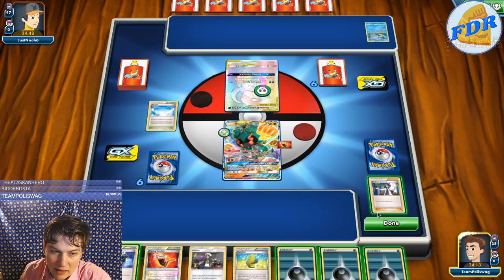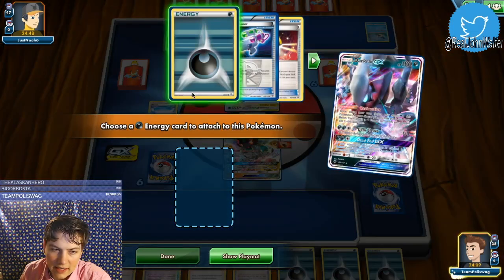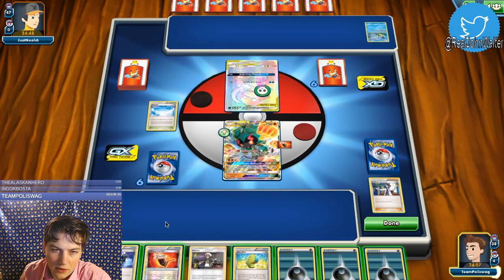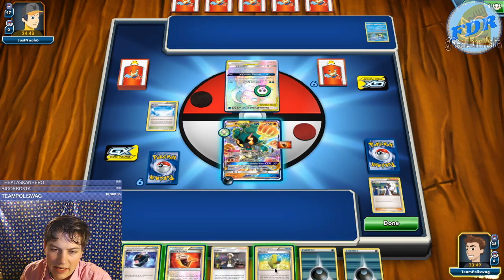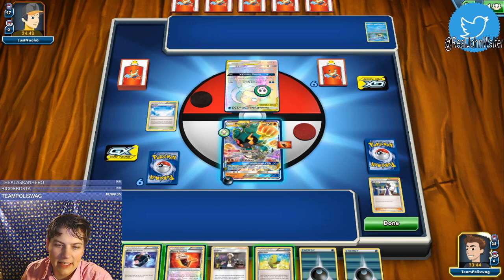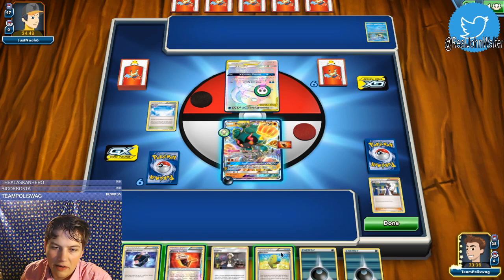Now, we don't have anything on the bench just yet, but we will restore our Darkrai GX, attach to it, play a Battle Compressor. Although, ay caramba. Do we even want to do that? What do we want to thin from our deck? Because the thing is, we want the dark energies in our deck so we can Max Elixir for them, but we also want them in the discard so we can Battle Compressor. So I think, actually, I'm going to Max Elixir first. There might be some stats on that I just don't know, but I think if we were going to Battle Compressor, we would want to get rid of a dark, and I feel like that lowers our odds